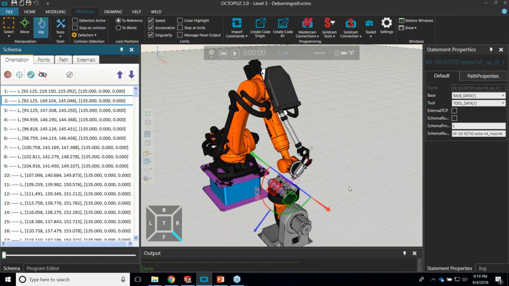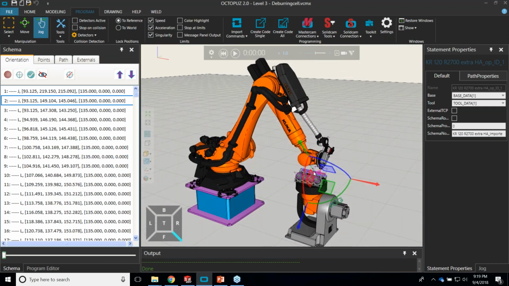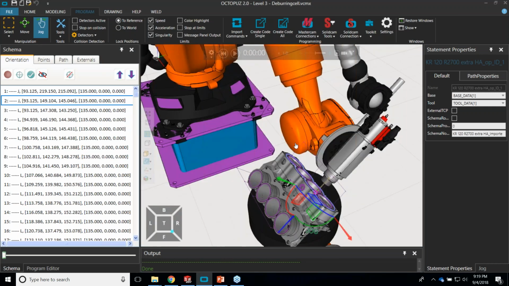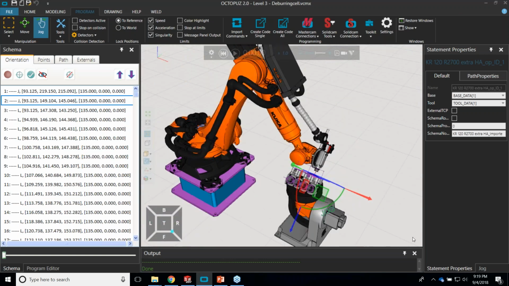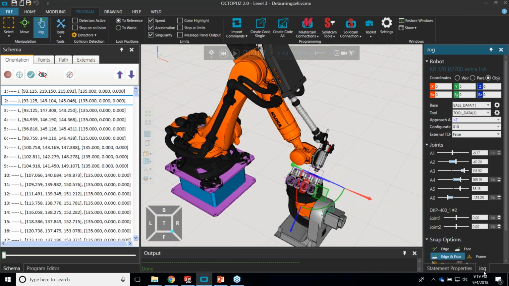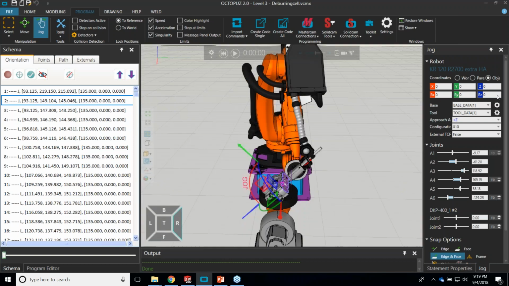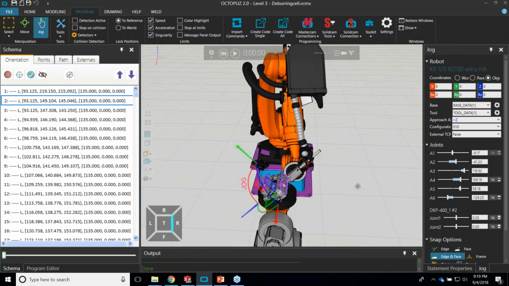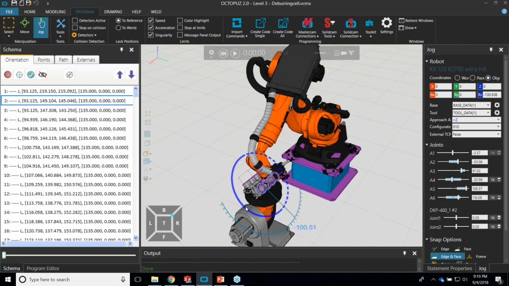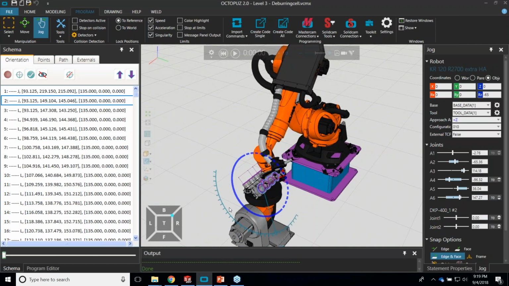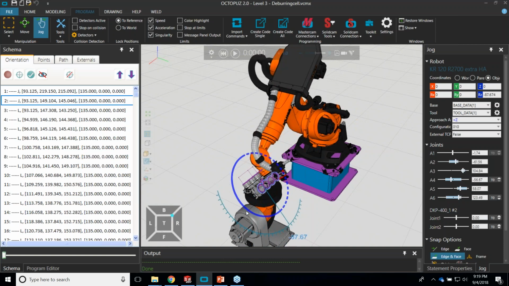So let's say I went to my first point. Once I start my path, and for whatever reason I don't like the orientation of my robot. Maybe this joint here is getting a little bit too close for comfort to my part, and I'd like to reorient my robot. It's fairly straightforward. If I were to go into my jog tab here, all I need to do is make sure that I have object selected, so I'm rotating around my tooltip, and I can in real time move my robot around that joint or that tooltip, that object, to find a more